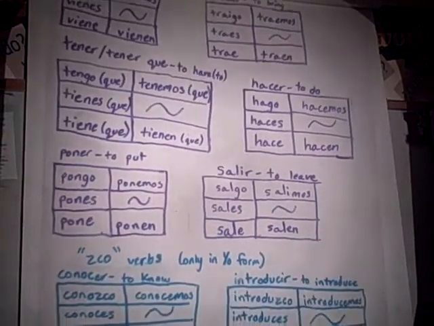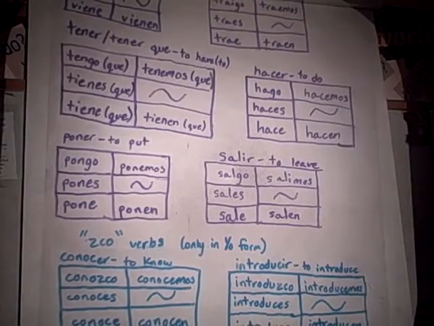And then the second group in the blue. I'll interrupt you for just one second. They are all -go verbs which end in -go, but keep in mind that tener is not just a -go verb, it's also stem changing. You can call it a shoe verb if you'd like, so you can see what actually changes inside the shoe shape, from e to ie. So tener and tener que you can write together just like it is right there, but there's just a difference in meaning. Tener, to have, and tener que, to have to. You will have to know the meanings of these irregulars as well.